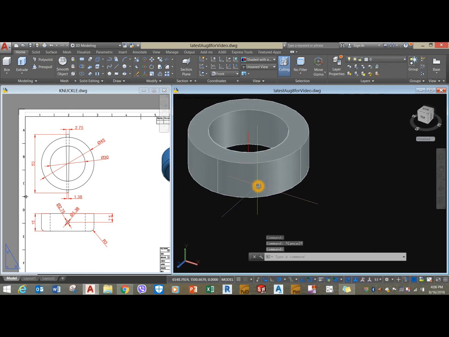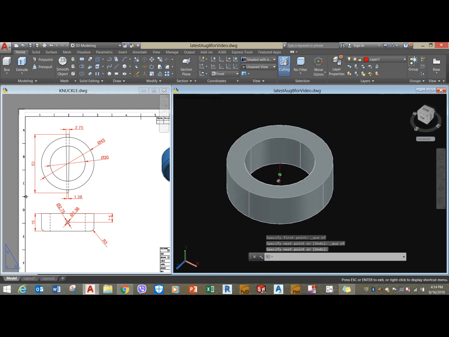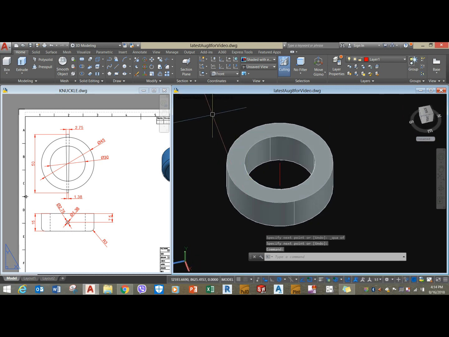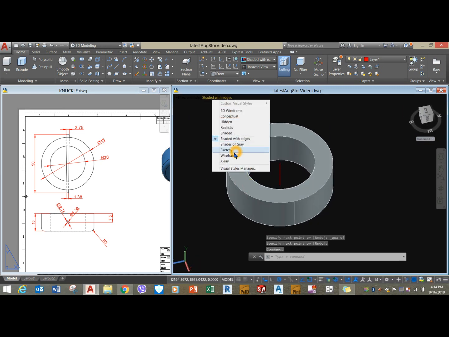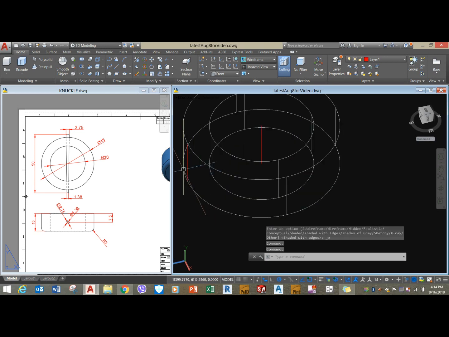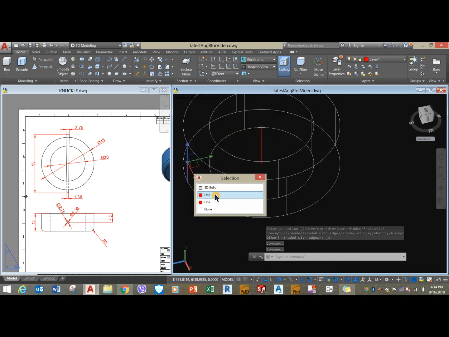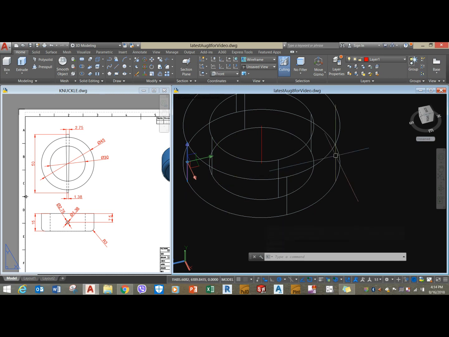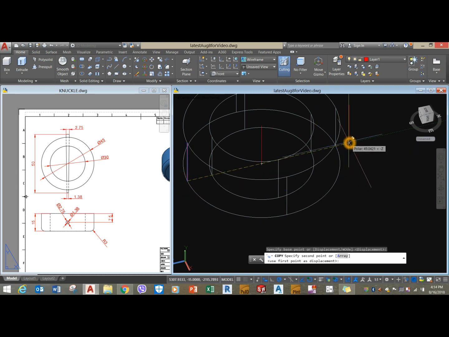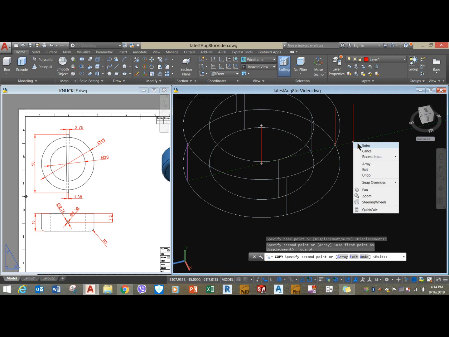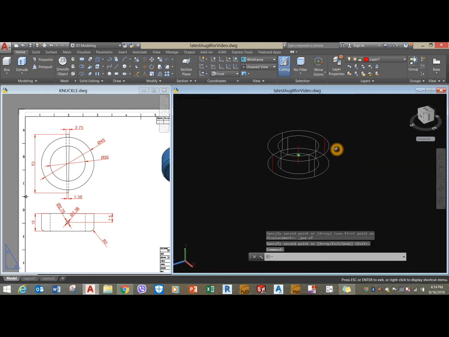All right, let me see. It's not showing. I'm gonna use wireframe, copy this one, from the endpoint, shift right click, attach it to this quadrant. All right,